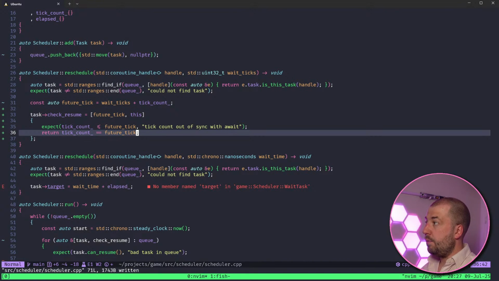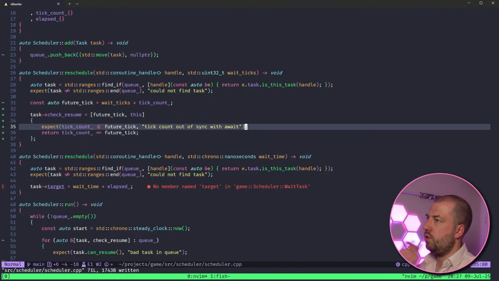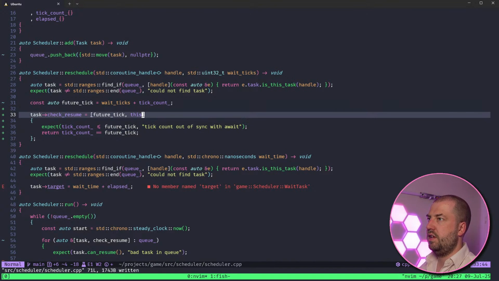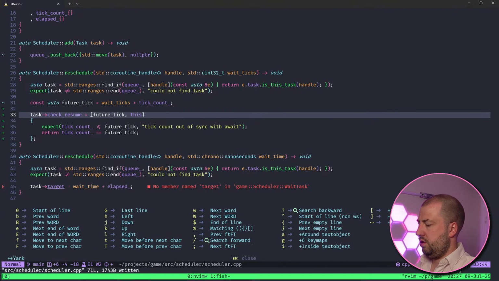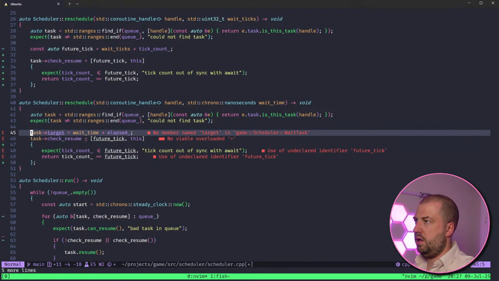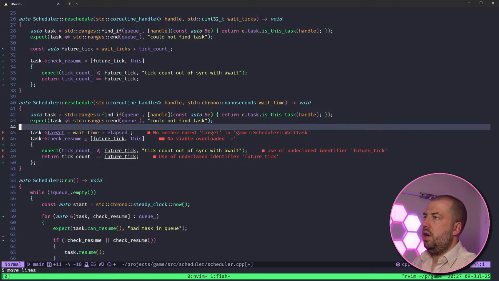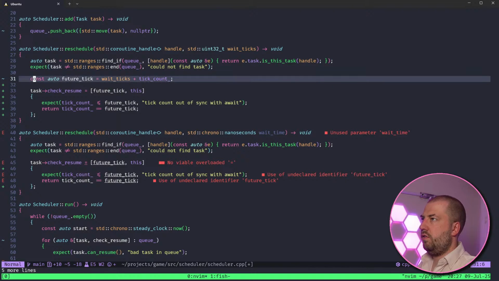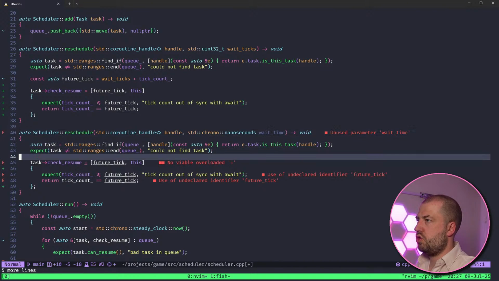Whereas the time, which we will not have deterministic control of how long each tick takes, will not have this expect. So we'll do that now. So put that in there. So get rid of that, sack that off, eat that straight into the sea.